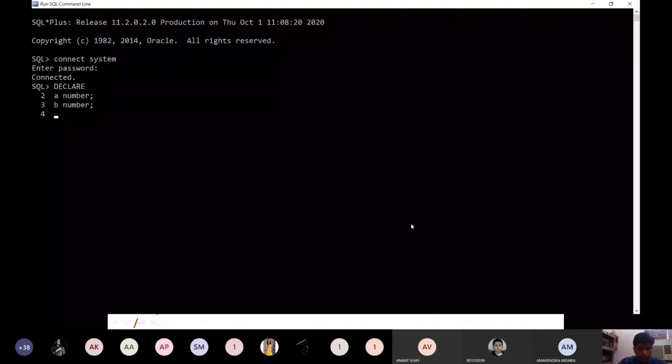Now we have to create a procedure. So here we write PROCEDURE, and the procedure is add_num, a procedure that will take two arguments. Let one of the arguments be x. X will be a number, and it is an IN parameter, right? So x IN number.